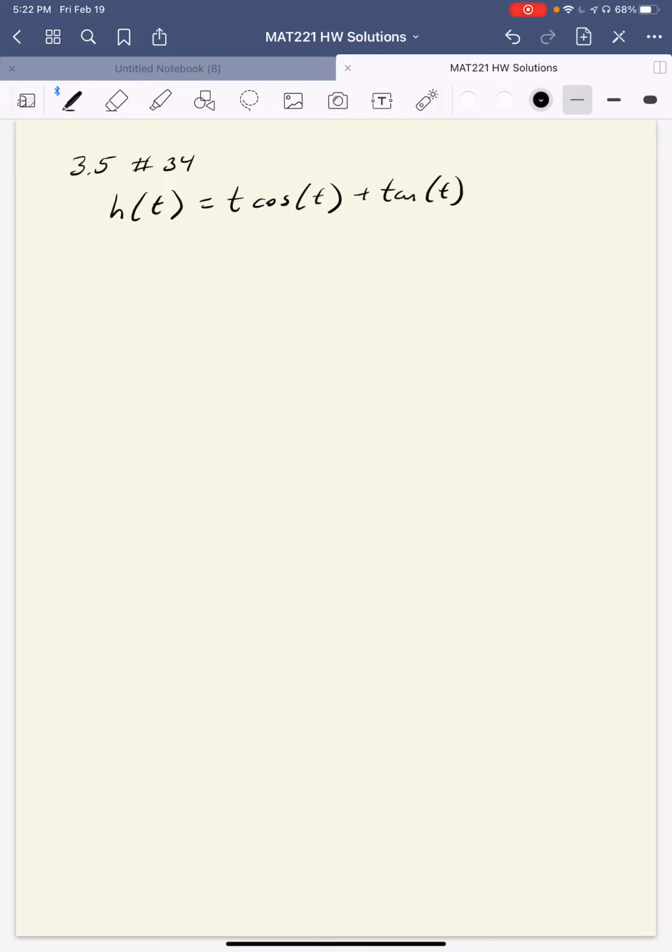All right, in this video, I'm going to do a couple of problems from section 3.5. I'm going to start with section 3.5, number 34. And we see here that we are given h of t is equal to t times cosine t added to tangent of t. So when I go to take the derivative of this function,